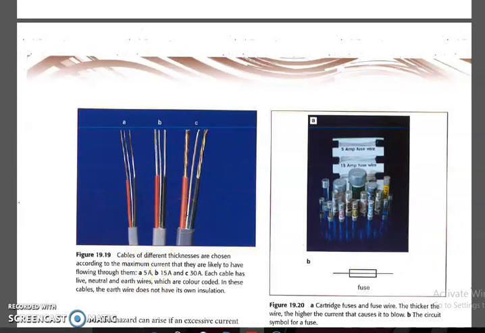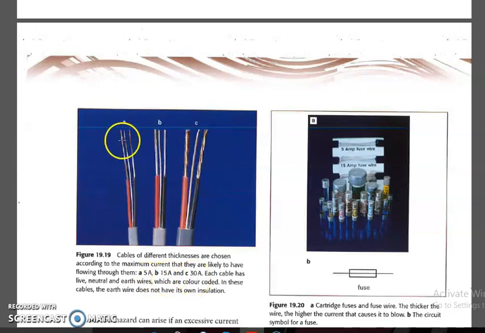For B, the thickness is increased a little, so the resistance decreases when compared to A, and there is more flow of current. In C the thickness of the wire increases, that means the area increases, so the resistance decreases, so more current flows through this wire. So in A 5 ampere current flows, in B 15 ampere current flows, and in C 30 ampere current flows.